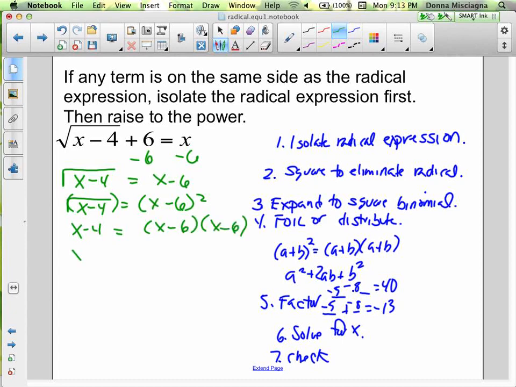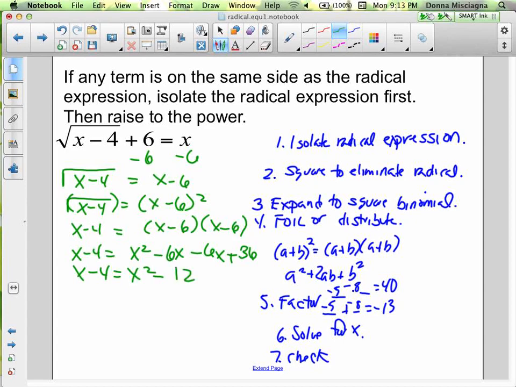So we have x minus 4 equals, first term, x times x is x squared. Outer terms, negative 6 times x is a negative 6x. Inner terms, negative 6 times x is a negative 6x. And negative 6 times negative 6 is a positive 36. So let's combine our like terms. We have x minus 4 equals x squared minus